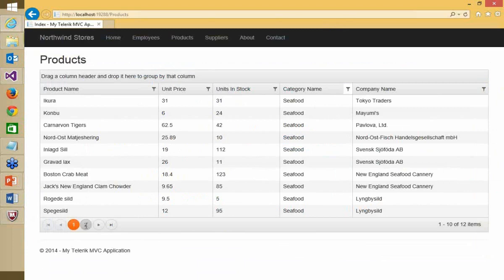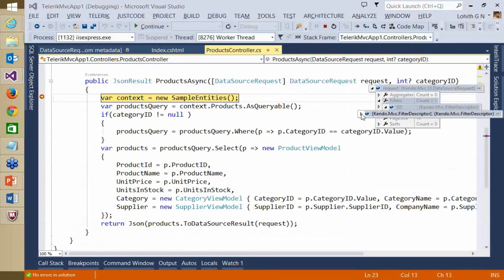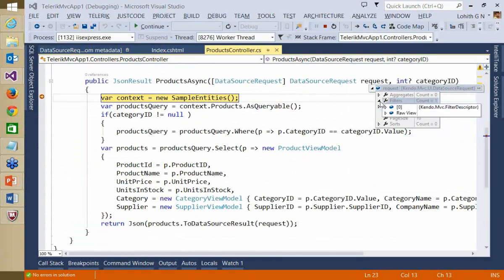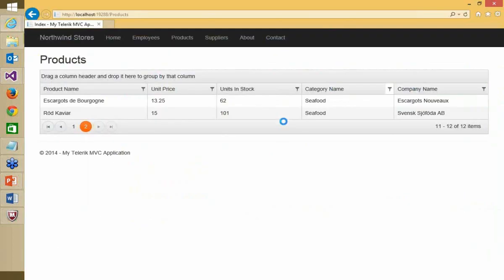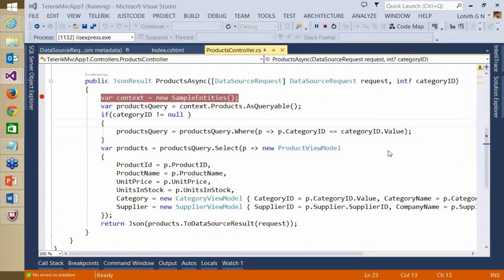I have two pages. So if I click on the second page and look at the request, it will say there is one filter applied, and that is converter value is OOD, member name is category name, and operator is contains. And then of course the page I need is 2, and the page size is 10. So basically we let you do everything. You take care of how you want to do paging, how you want to do filtering, how you want to do the sorting, everything. So I can just come back here and remove this breakpoint,